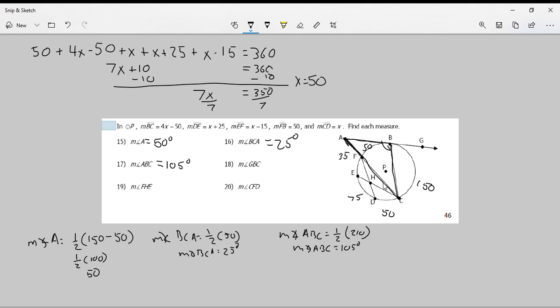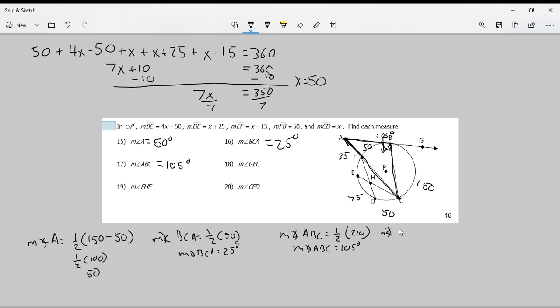Well, GBC, you could take 1/2 of 150, which is fine, or you could notice that you just found this. We just said this was 105, and that these two angles have to be supplementary, because they're on a tangent line, right? So 105 plus 75 makes 180. But if you want to, we could say